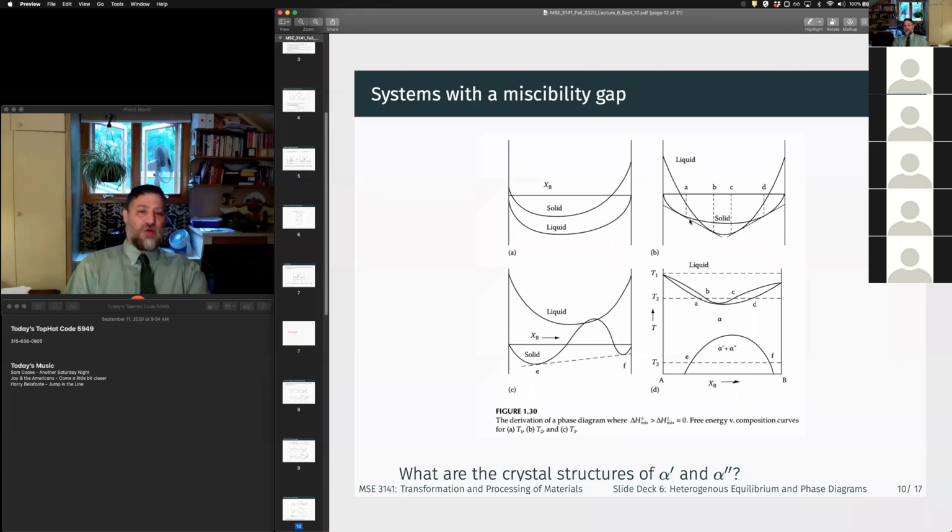So we have a common tangent over here and a common tangent over here that we can use to define the regions where the solid and the liquid are in equilibrium with each other. We have a region on the A-rich side and a region on the B-rich side. But if we keep dropping the temperature down, we have a region where